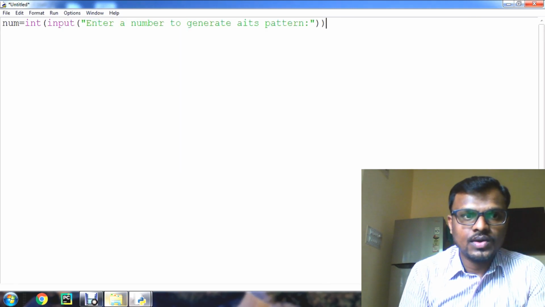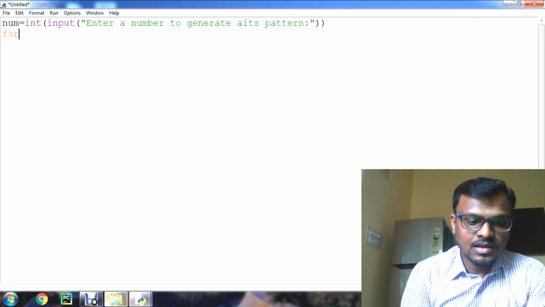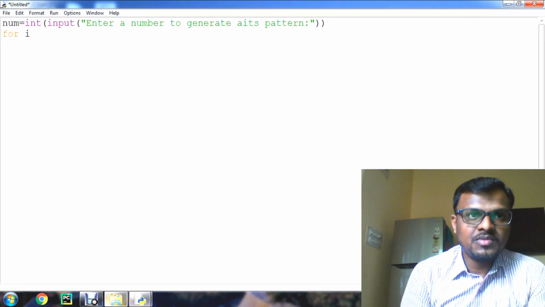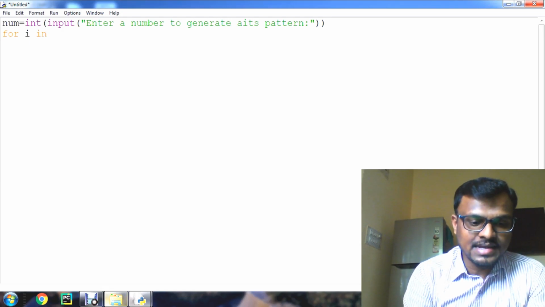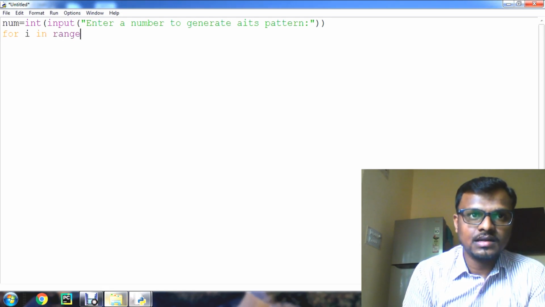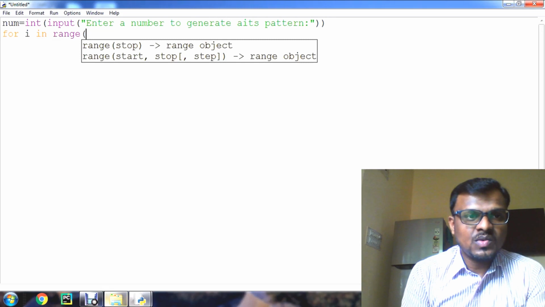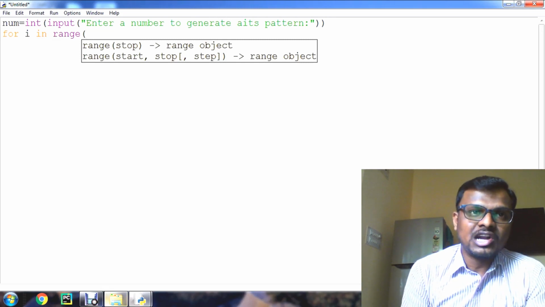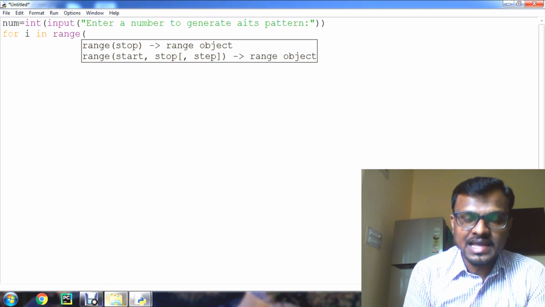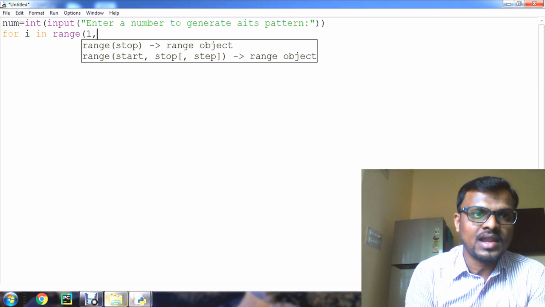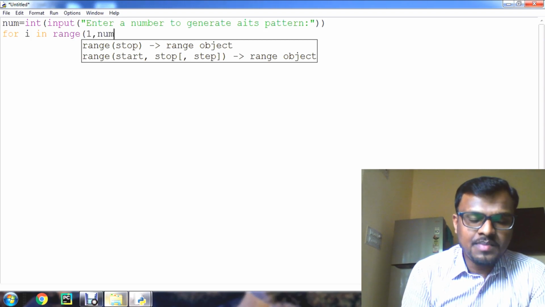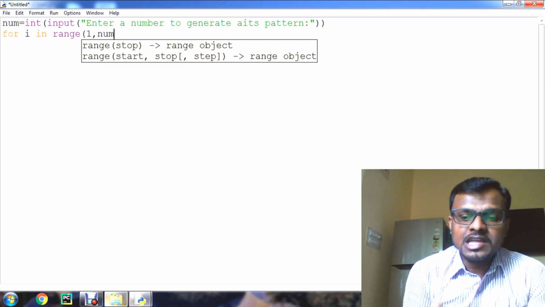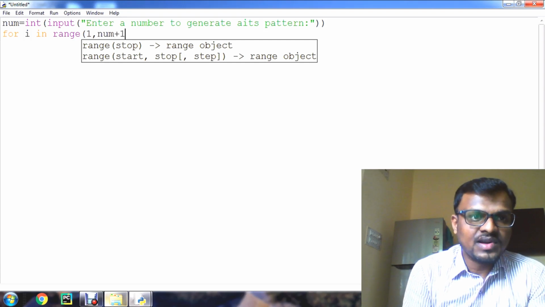Now I'm using a for loop here: for i in range. My pattern should start with 1, so I will start the range from 1, and the pattern should increment by 1 each time, so for that num plus 1.